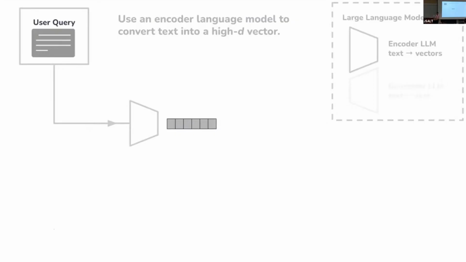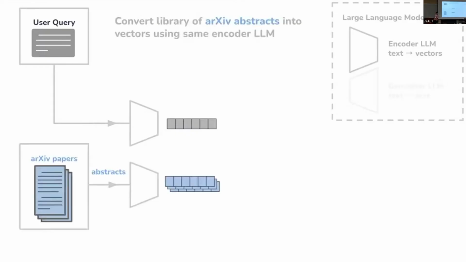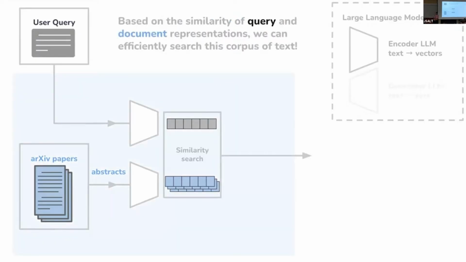But just to recap, you've got some encoder language model, which can go and map that user query into a high dimensional vector space. And using that same encoder model, you now have your library, your data sources. In this case, it will be arXiv papers, or maybe even just the arXiv abstracts to start. And you can convert that into the same latent space. So you're now representing them in the same high dimensional vector encodings. Based on that, you can now perform a similarity search between the user query, the initial question, and those document representations, which allows you to quickly search through that and index out the documents that match best.